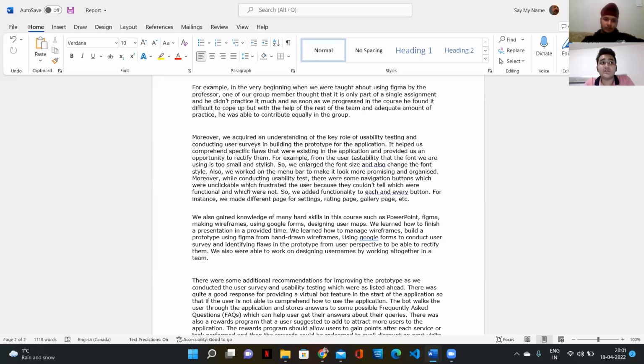Quite a few of our users mentioned in our usability test that either we needed to work on the functionality of those buttons, or make them appear so they could distinguish which ones were functional and which were not.